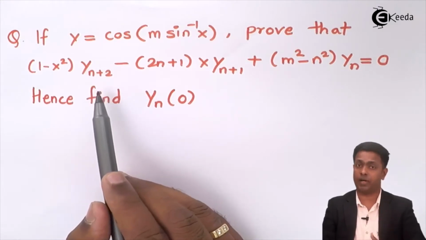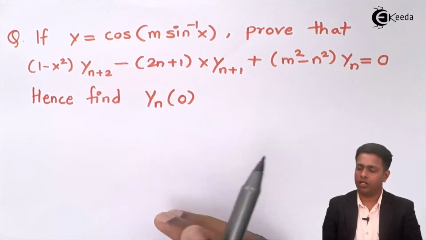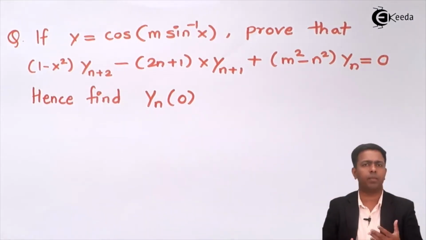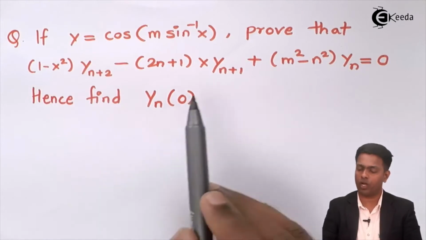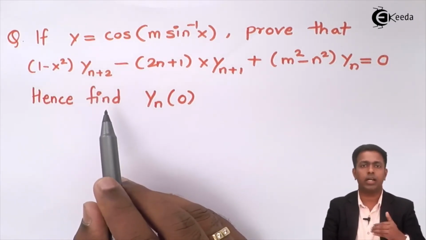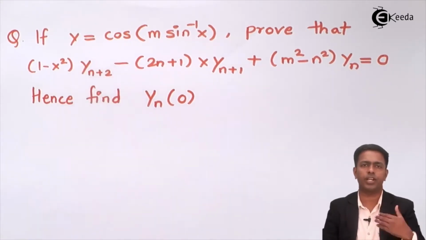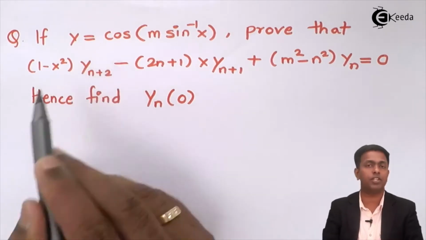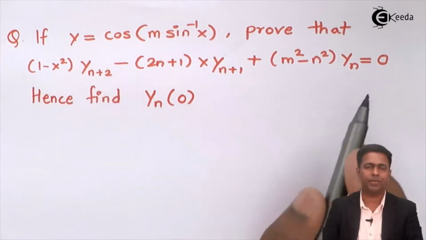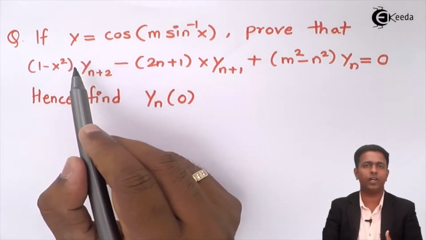So as I explained in the previous video, whenever we want to find out the nth derivative, to get yn we can directly apply the Leibniz theorem, but whenever we want to find out y of n plus 1 or y of n plus 2, that time we should go till the first or second derivative. So to get y of n plus 2, we should reach the second derivative, that is y2, and then we should apply the Leibniz theorem formula so that we can get y of n plus 2. So here I'll do the same thing. First of all, I'll go till y of 2 and then I'll find out the nth derivative.